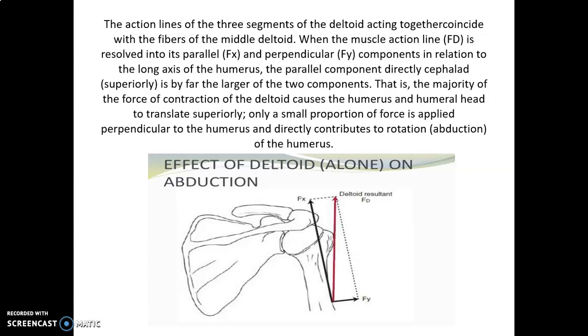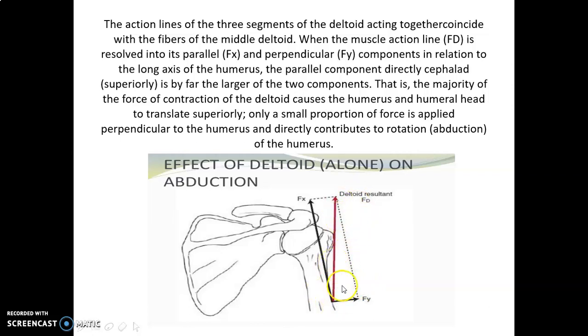So I just told you that regarding this figure, you can understand the resultant deltoid force, FD. You can see that there are two forces: the superior translatory force of the deltoid, and the rotatory abductor force Fy acting on the superior aspect of the shaft of the humerus. But the resultant pull, as part of the concurrent force system, is in a different direction.